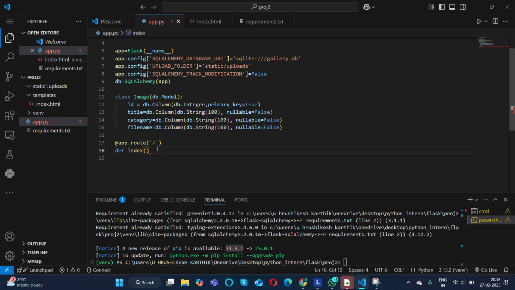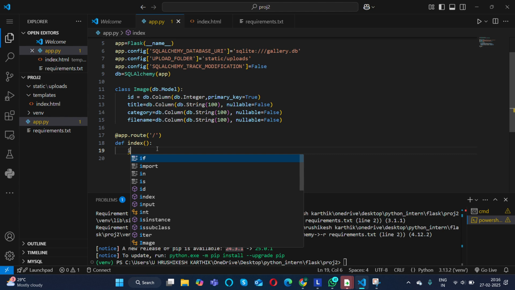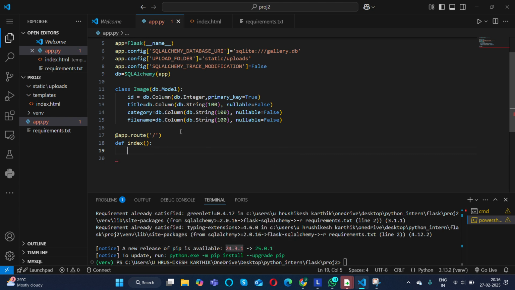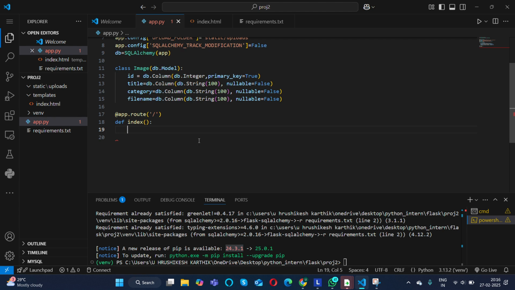We name our home page as index.html, right? So I gave it as index only instead of giving home or anything. Okay. What should it do exactly? And what all routes we need? Okay, it will be return something.